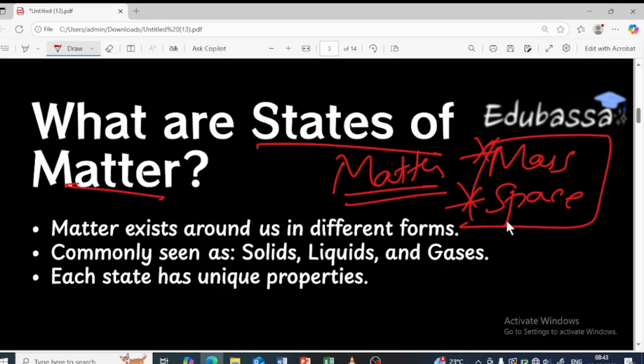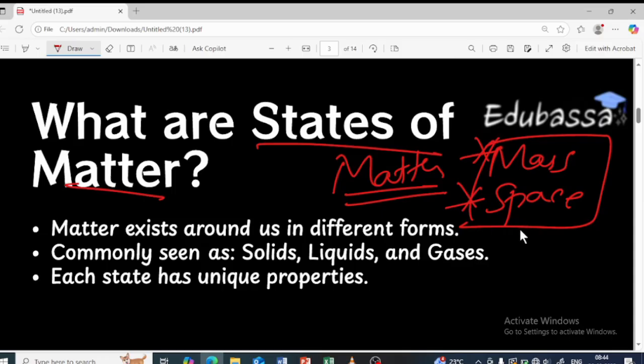Everything around you is matter. The universe is made up of matter, isn't it? The pen you're writing in is a matter. You're watching this particular YouTube video using a phone, isn't it? That also is a matter. Am I right? So you might feel thirsty and you might drink the water right now, isn't it? So that is also a matter. And the air that you're breathing in, that is also a matter. It has mass and it occupies space. So all of these are matter.